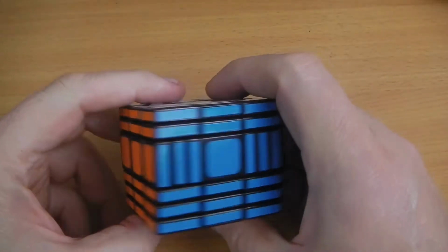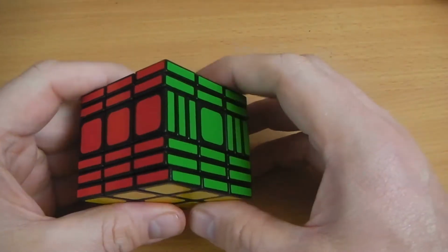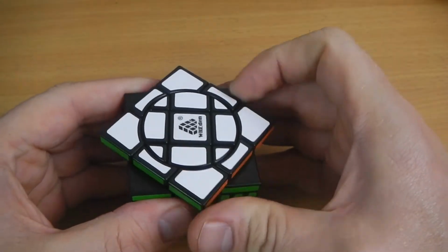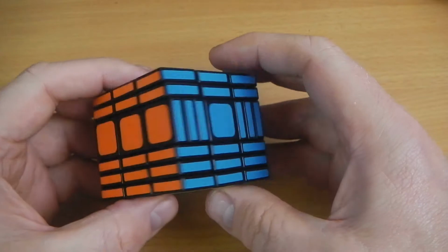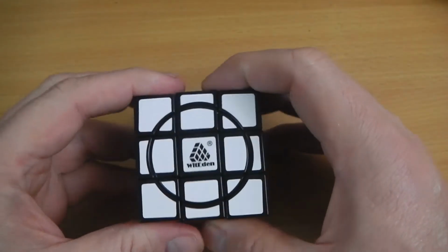Okay then, so as you can see, the Super 3x3x6 version 1 is now solved again. Lots of fun, this puzzle. I so enjoy these puzzles, the whole series. They're just a brilliant set, and they're just wonderful fun to solve. This took me far too long to solve,